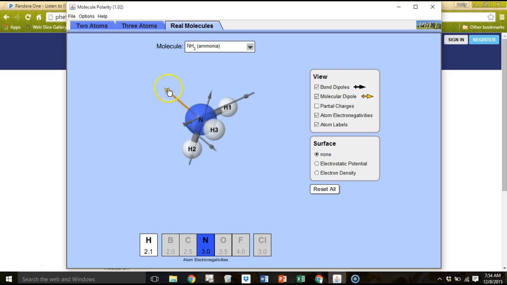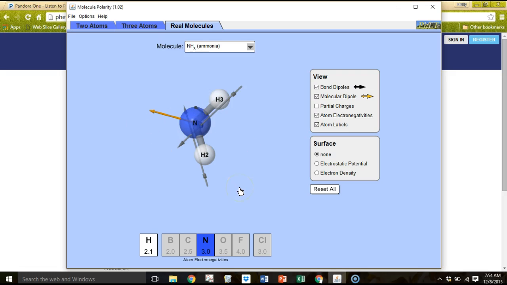So there's not anything over here to balance this pull on electrons between nitrogen and hydrogen. If there was another hydrogen here, that'd be a different story to balance out this side of the molecule. So with the presence of the lone pairs, that causes the asymmetry in the molecule,